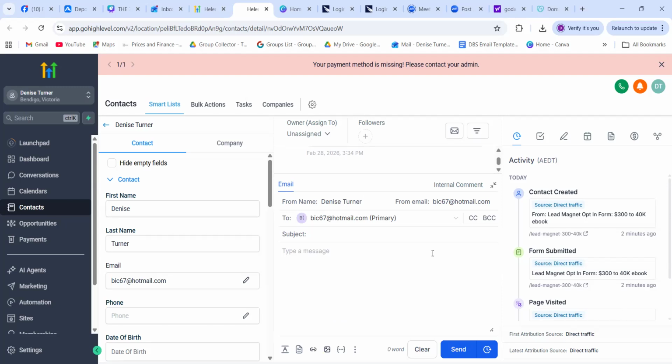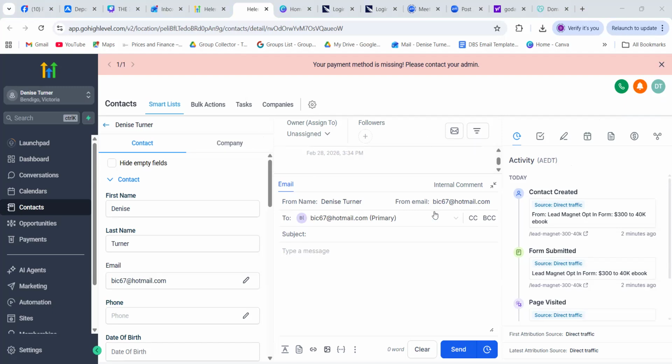And everyone will just automatically get emails. People will reply back. You'll get notifications under the little orange bell on the right hand side. A little dot will show up there that you've got a notification. And then they also show up in your opportunities. So in the grey menu underneath contacts, you'll see opportunities